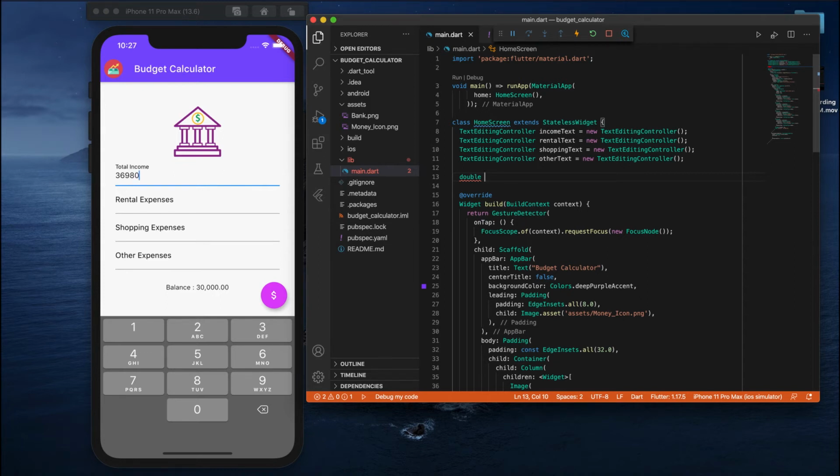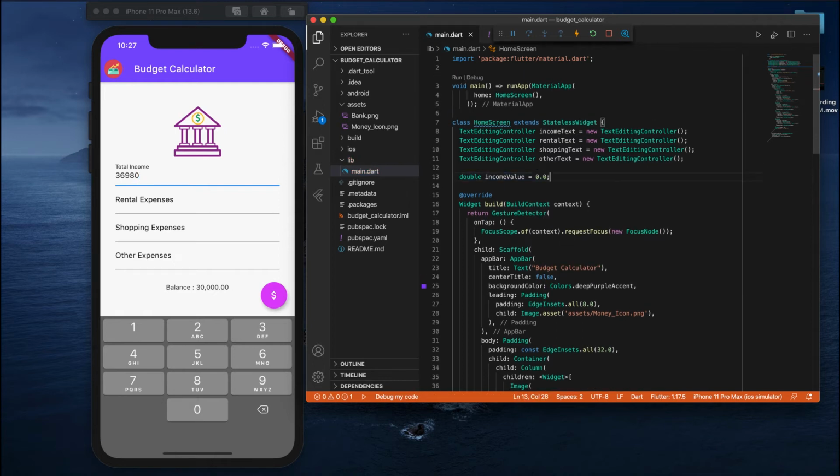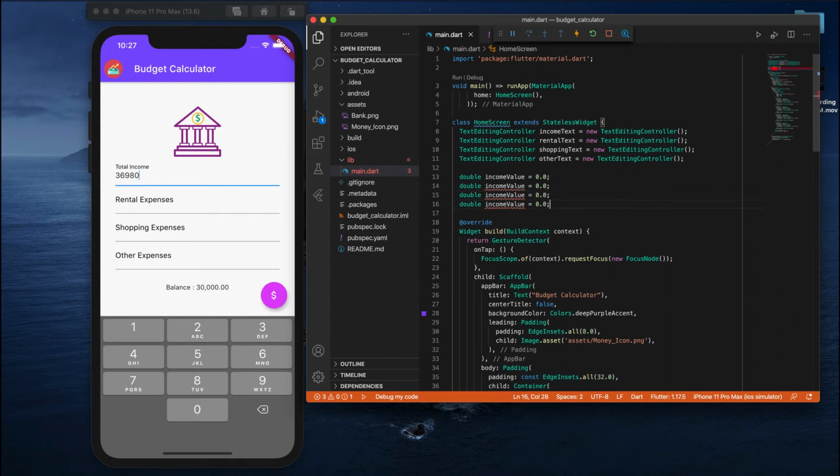So first, let me take 4 variables. Income value, initially I'll just give it some dummy value here. So totally 4, 3 and 4. The next one is rental, and the third one is shopping.